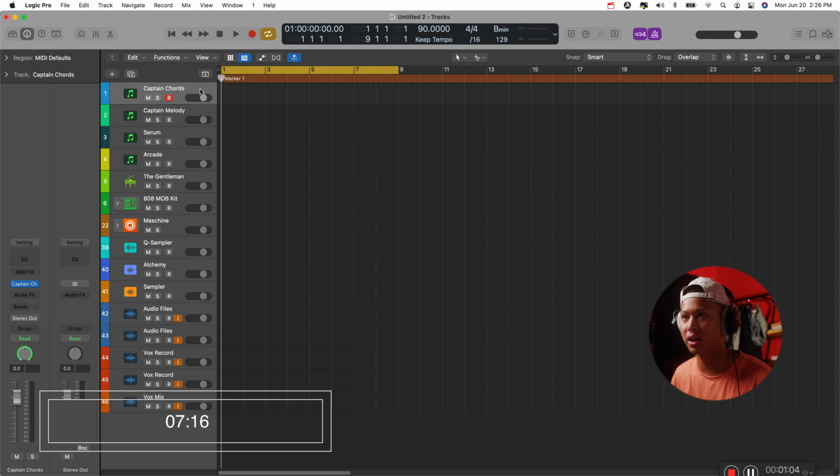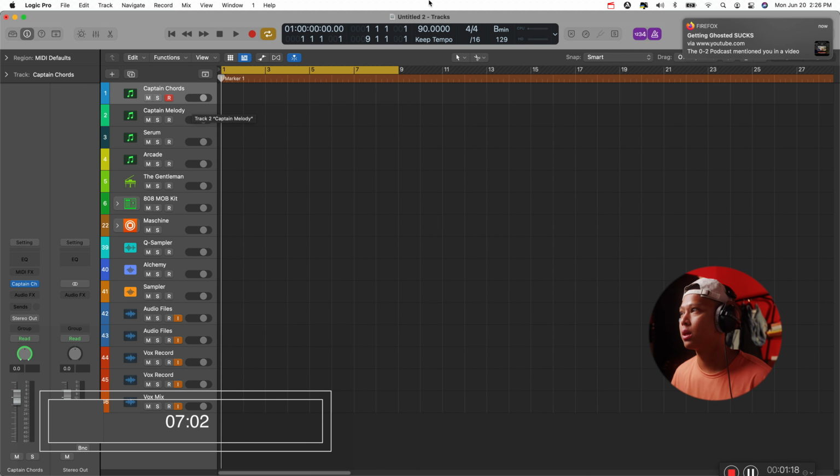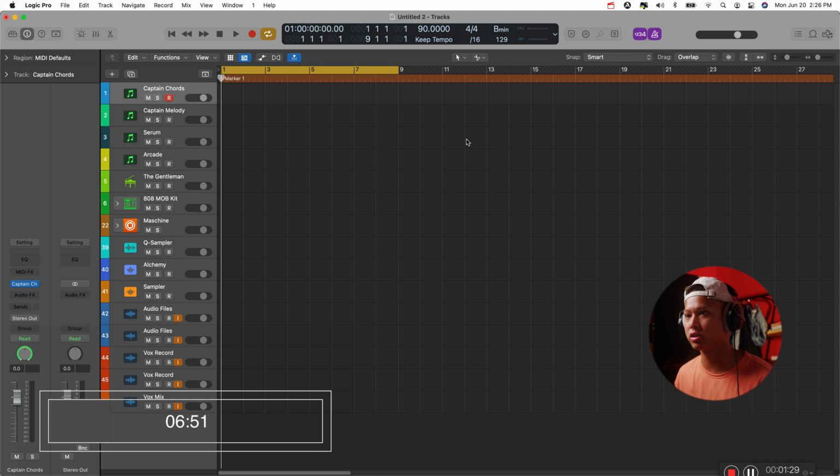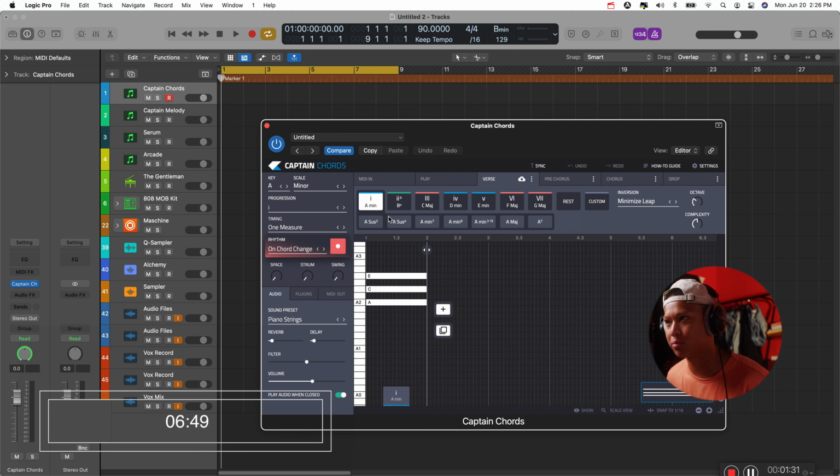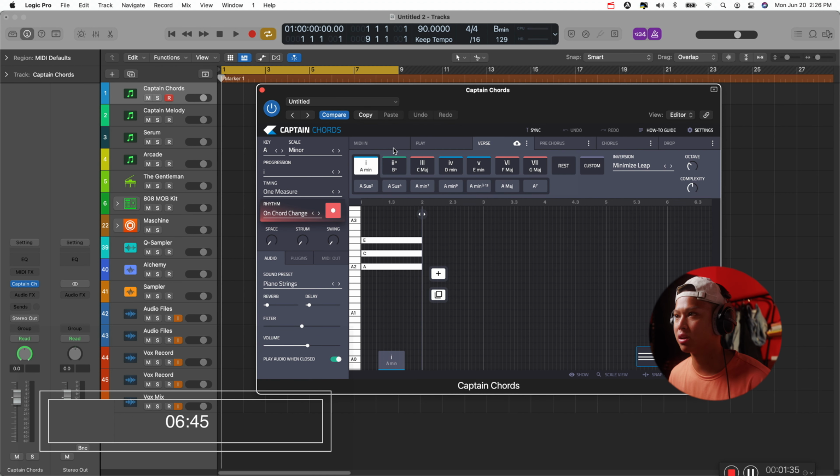Captain Chords is what I have loaded in. And as you can see, just really quick, I have everything color coded and labeled, so I know exactly where everything is, and my go-tos are usually towards the top. Captain Chords is a great plugin, especially if you are not that great at music theory and you have trouble finding different chord progressions. Captain Chords and the whole Captain suite is super innovative in helping you just get started making music faster.